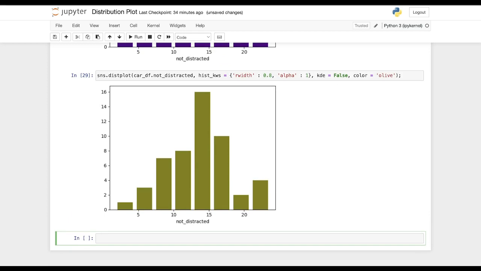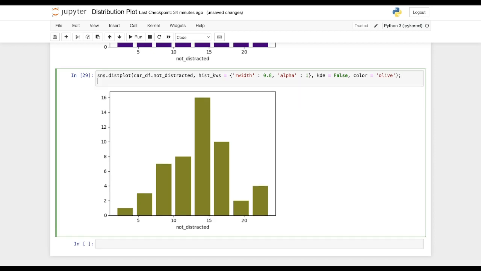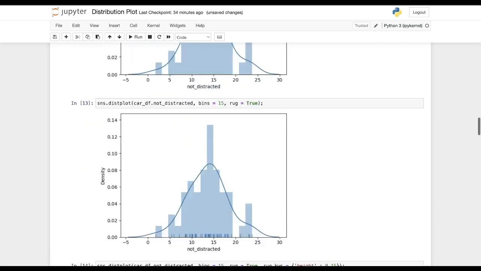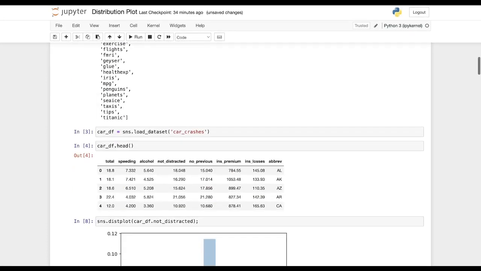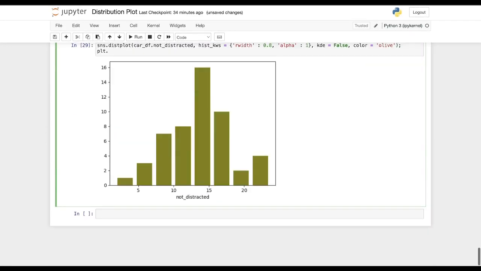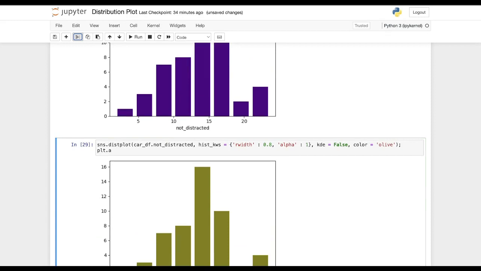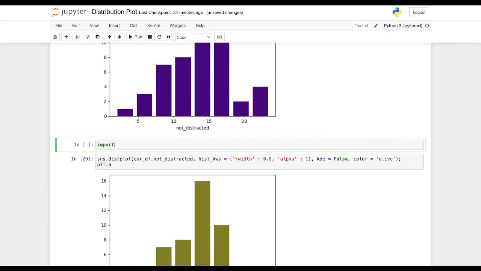We can also add the labels to this, and a title to this. As you can see, we already have the X label, but if you want to change it explicitly, you can do something like this. You can say import plt. I think we have imported matplotlib here. If we haven't, we first need to import matplotlib, so we will say import matplotlib.pyplot as plt.